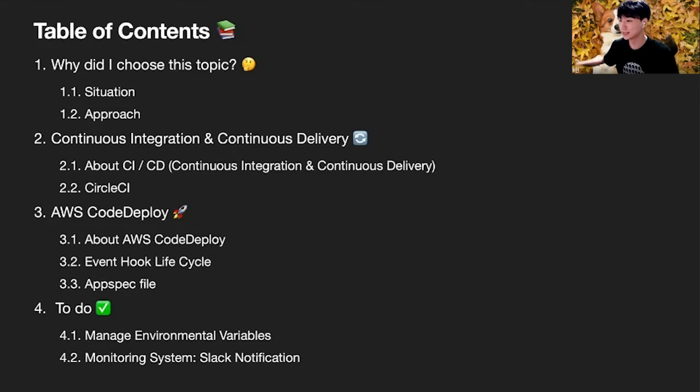Here is my table of contents. First, I will introduce the situation that I faced and the approaches to solving it, like why I chose this topic. Second, I will talk about continuous integration and continuous delivery, usually abbreviated as CI/CD. I will introduce what CI/CD is and the specific service to implement the flow, CircleCI,